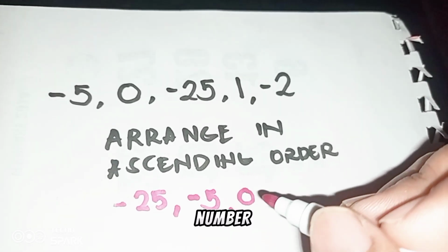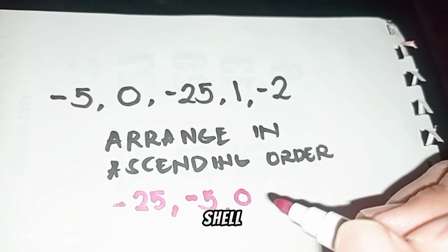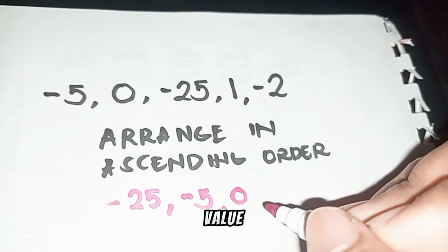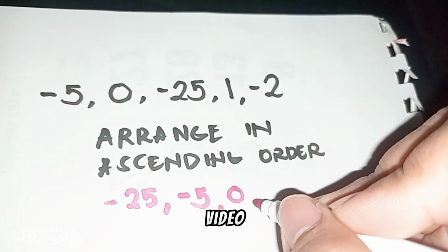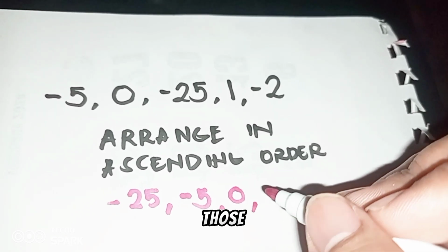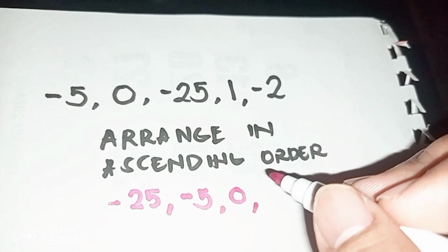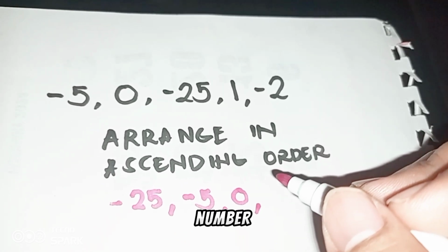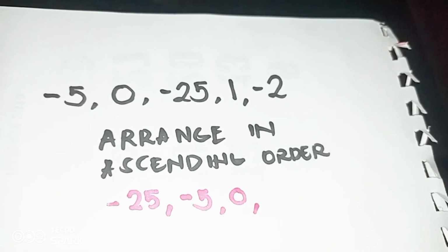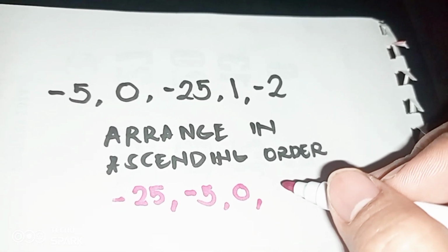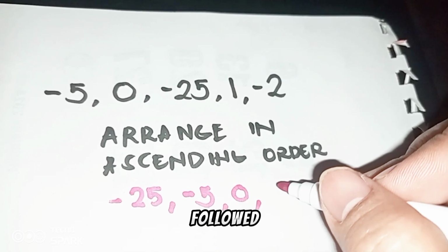Those numbers at the right of 0 have the so-called higher or bigger value. Those numbers on the left side of 0 on the number line are the least value. So 0, then followed by,